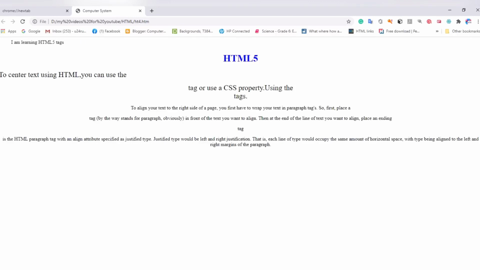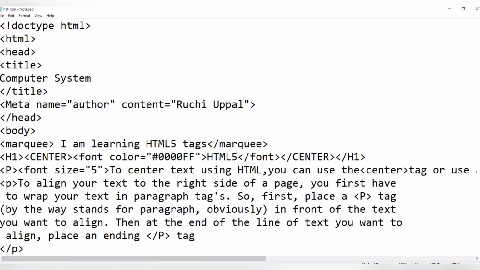Next is how to change the background color. By default it is coming white. So how to do that also, we will use here again the attribute, that is BG color attribute, of background. Okay, so let's see. I will use it here, body. So I will write here BG color.